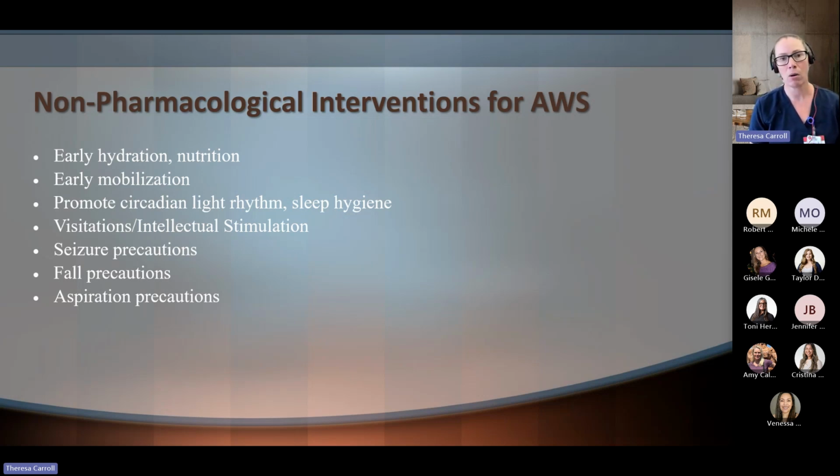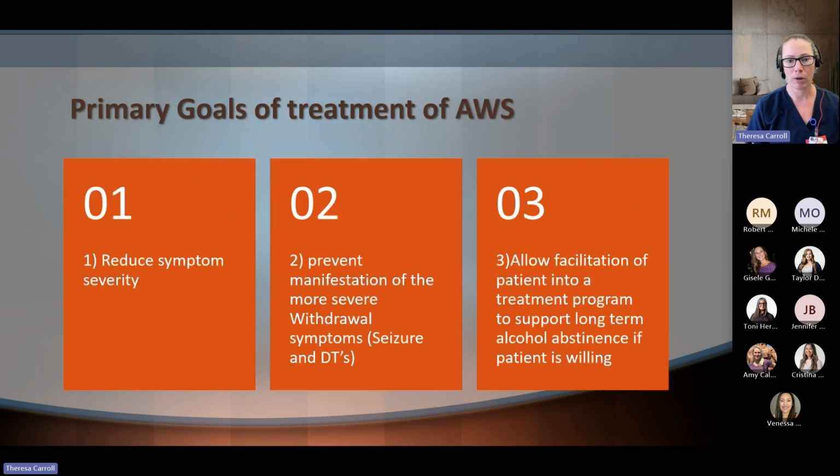Nobody's going to detox well all alone in a dark room for 3 days. So we need to get their circadian rhythms in line, think about sleep hygiene, visitations and stimulation. We have to look at not letting them just sit quiet and do nothing. Seizure precautions, fall precautions, aspiration precautions, all of those are part of the withdrawal,